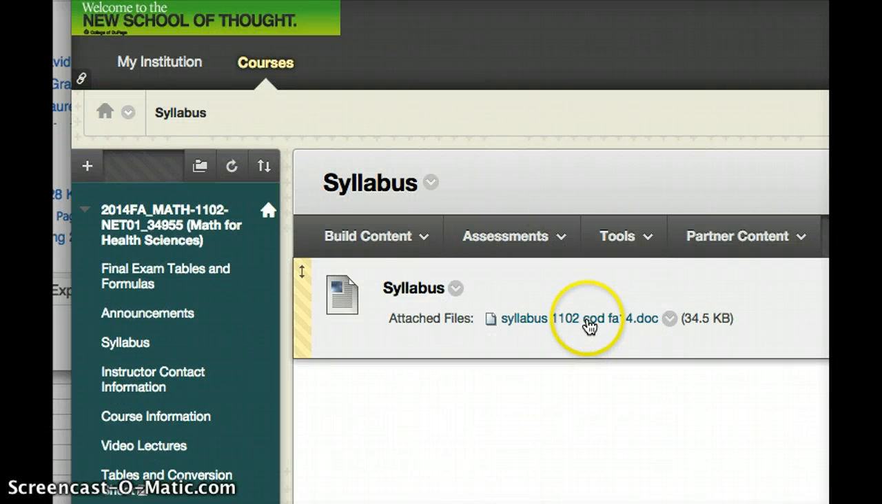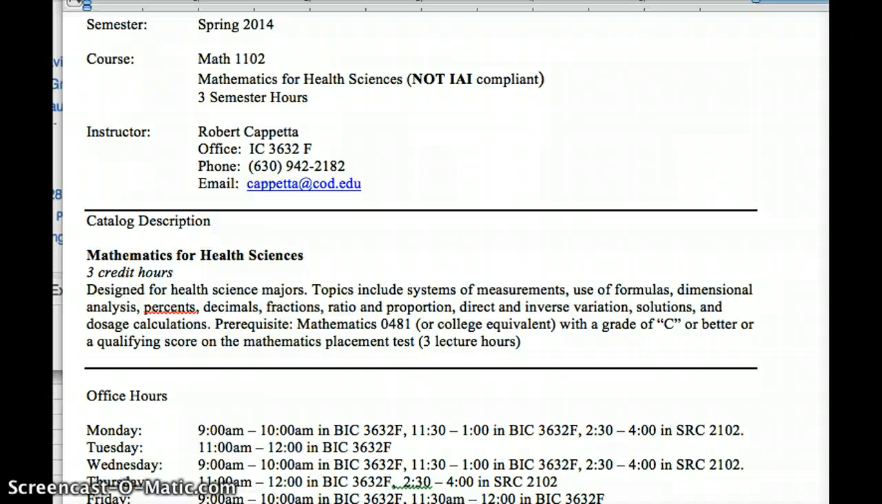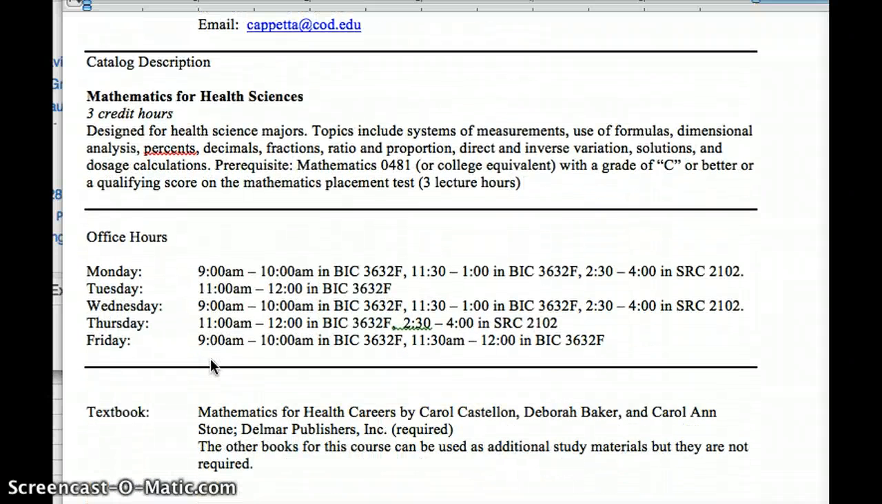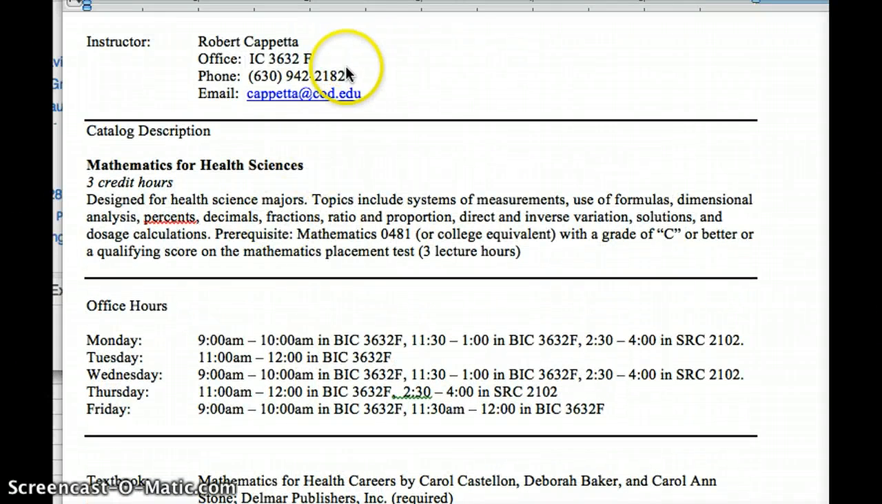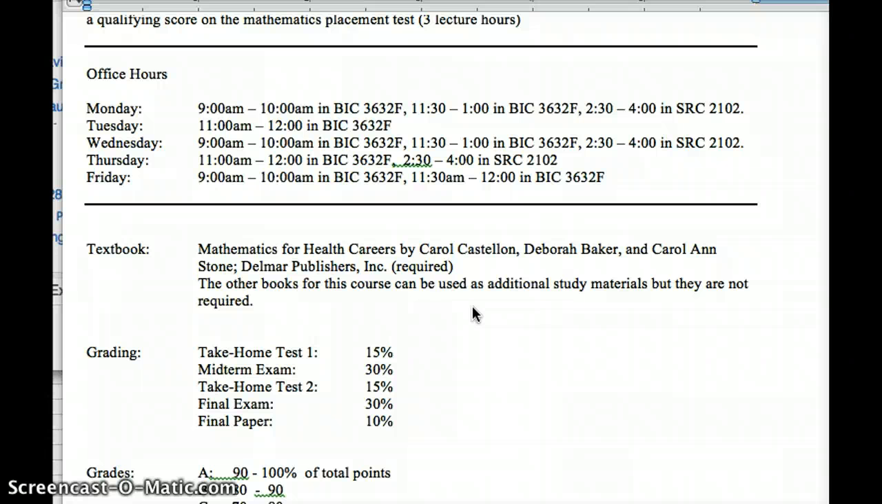And I will open that file. And lots of information here. The name of the course, my name, my contact information again, the catalog description. If you are contacting me from out of town, phone or email is best. For those of you that are in town, hopefully you'll be able to stop by and see me during my